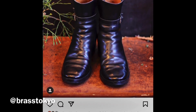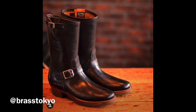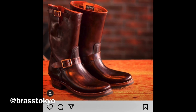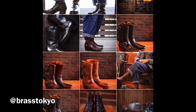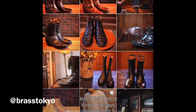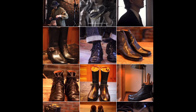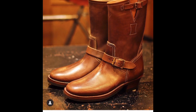And Pancho and Lefty say, Clinch is a premium footwear brand created by Japanese master cobbler Matsuura Minoru, who also runs shoe repair shop Brass, specializing in the restoration of Goodyear welted shoes. Clinch boots are entirely handmade by Matsuura-san and his team in the Brass basement factory, using premium quality horsebutt leathers and featuring traditional manufacturing techniques such as hand-carved wooden lasts, ensuring a perfect fitting pair of boots that will last you a lifetime. Clinch is most famous for their engineer boots, but this particular model